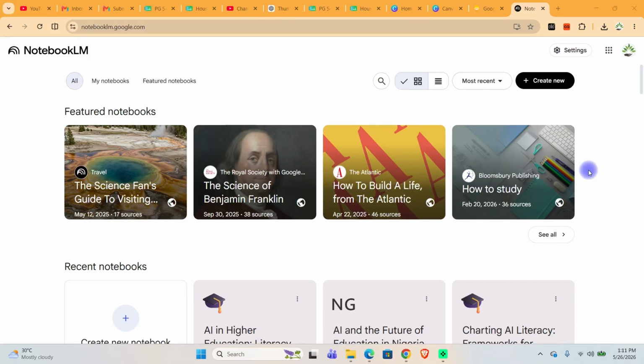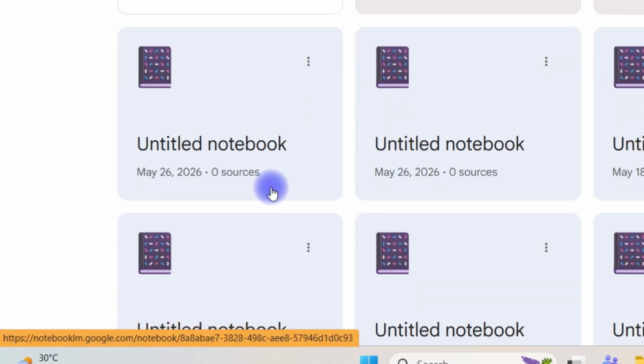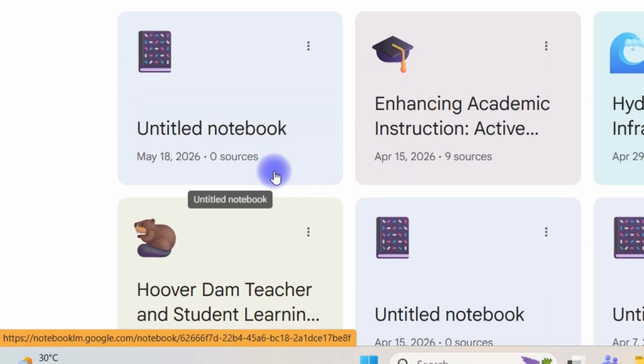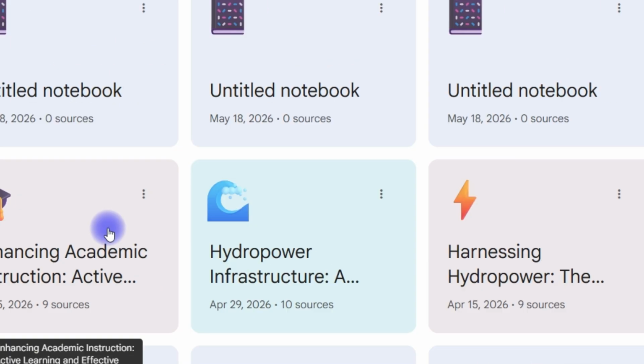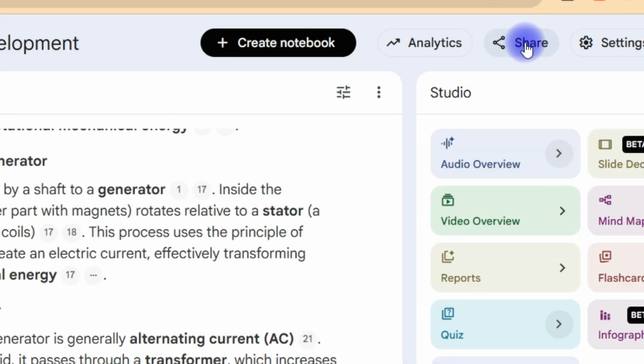In this video, I'm going to show you how to share a notebook with someone within your team members in NotebookLM. So let's say you are in my NotebookLM account in here and I've logged in and I have so many notebooks that I have created and I'm interested in sharing a particular notebook with someone. So let's say I select this notebook and while I'm in it, you can see the share button over here